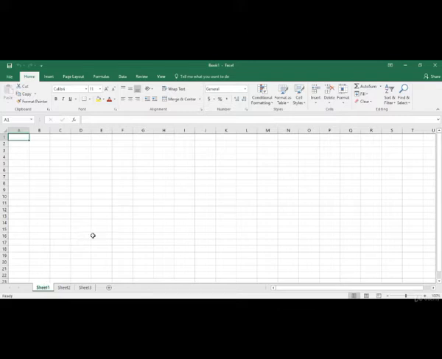Supposedly I want to rename this particular tab or worksheet, as it is called, from sheet 1 to something else. I'll go to sheet 1, I'll do a right click of my mouse and this menu will pop up. I click on rename and now I can enter whatever I want to. Another thing which you need to keep in mind is in one Excel file, no two tabs or worksheets can have the same name. So if I want to keep the name of my second tab also as my work, Excel will give me an error. Let's see.